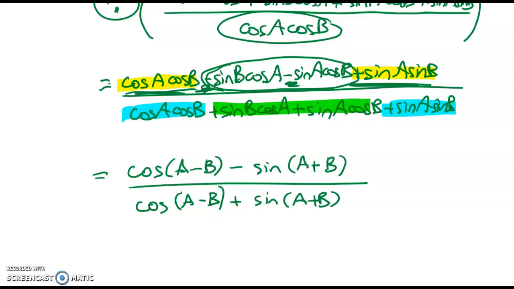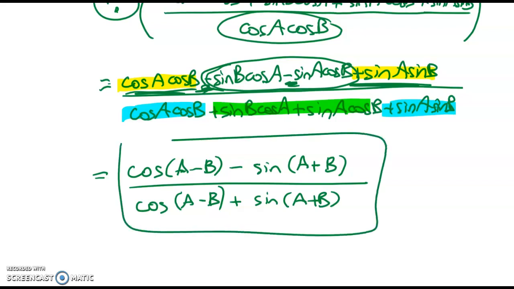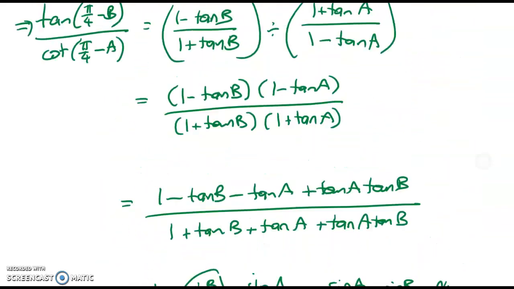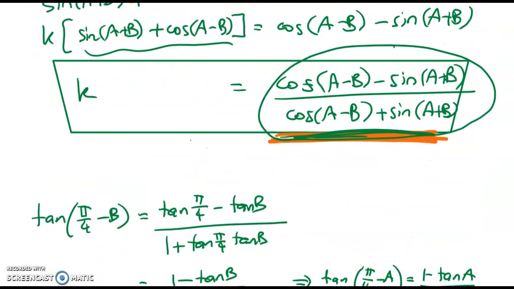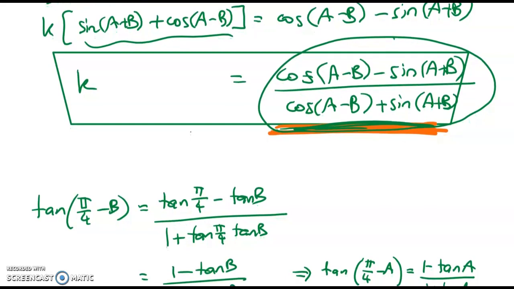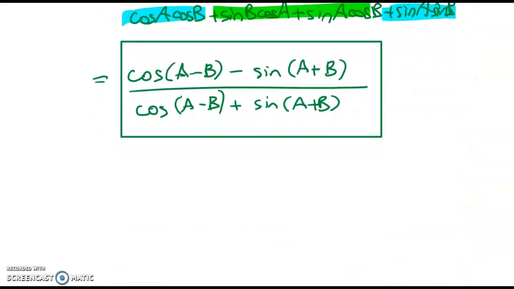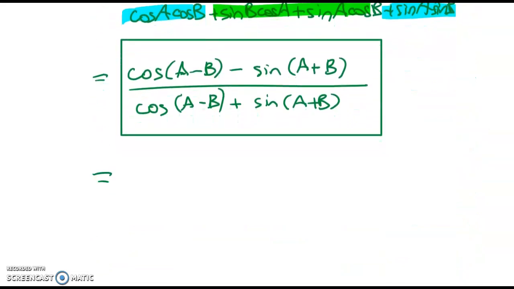Right, now I think that is worthwhile putting into a box, because what we've shown is that that equals K. Let's have a look. We want cos of the difference minus the sine of the sums, A minus B, A plus B, A minus B, A plus B. Have we got what we wanted? Let's hope we have. Yep, we've got exactly what we wanted. So, ta-da, this equals K. So we have shown, therefore,